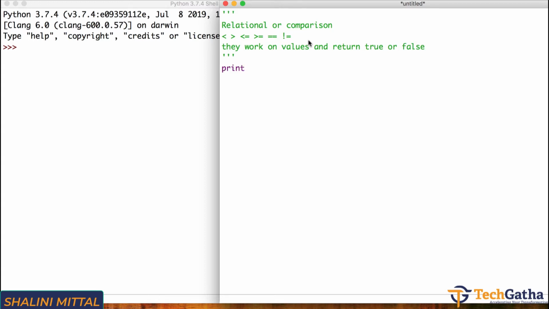So say for example, I have two variables, A as 10 and B as say 20.